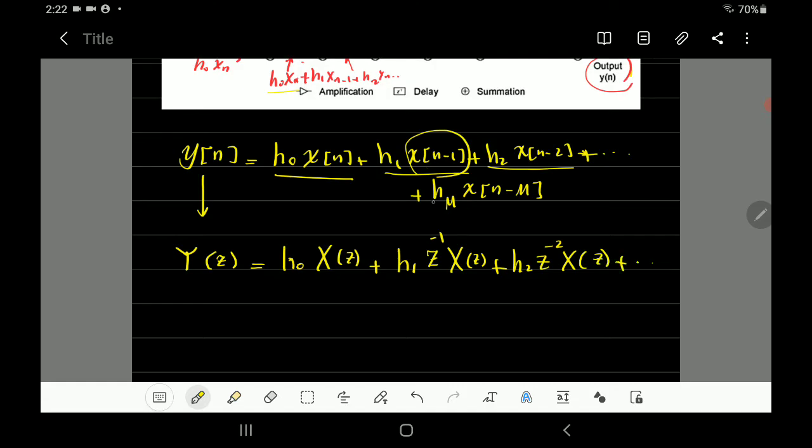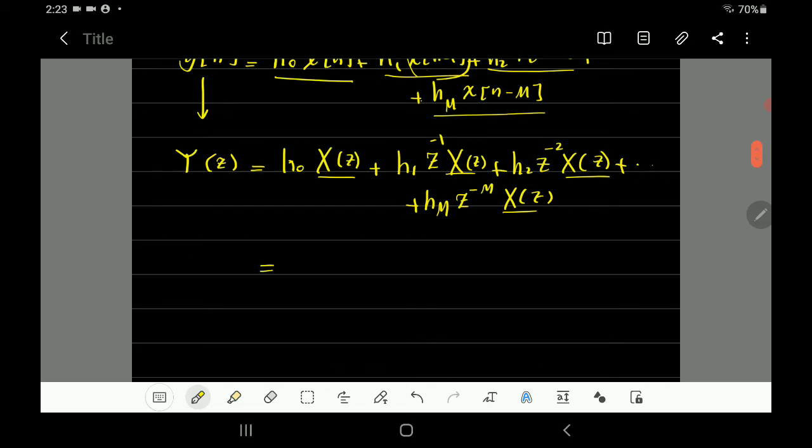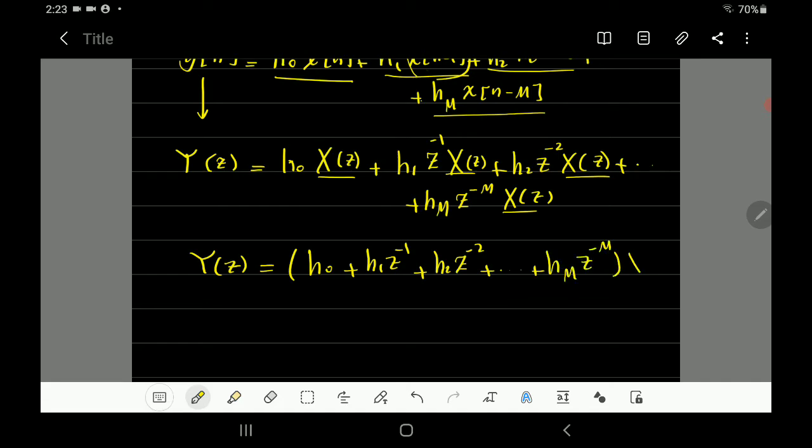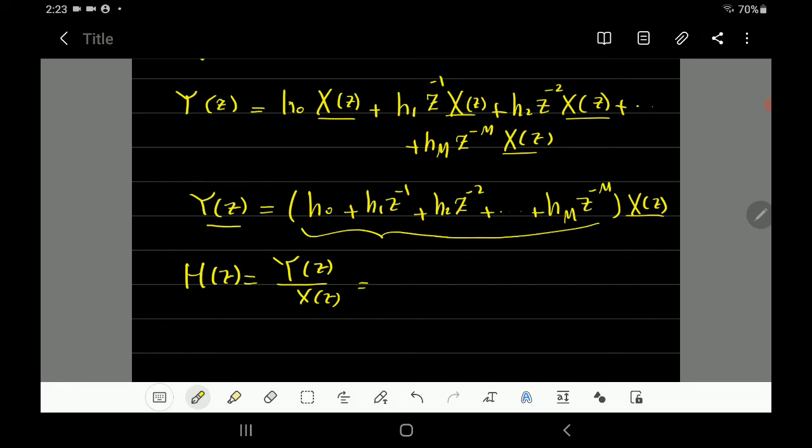And you continue up to the last element. This element will be hM z minus M X of z. Now we'll take X of z as a common factor from all terms. So Y of z will be equal to h naught plus h1 z minus 1 plus h2 z minus 2 up to hM z minus M, and all multiplied by the common factor X of z. So we know that H of z is equal to Y of z divided by X of z, which will be that. So H of z will be equal to h naught